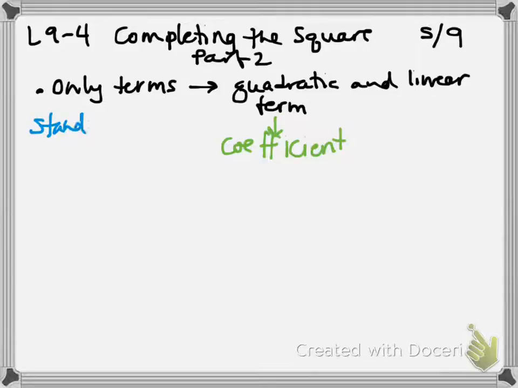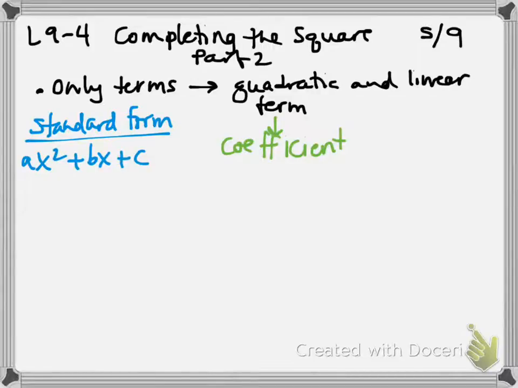Okay, hold on, you went too fast. Standard form. Sorry, I'm just erasing. Okay, do it again. Ax squared plus bx plus c, okay, and you missed one thing, equals. Thank you. Okay, so what's the coefficient of the squared term, the quadratic term? A. So the quadratic term, the coefficient A, and here comes the kicker, must equal